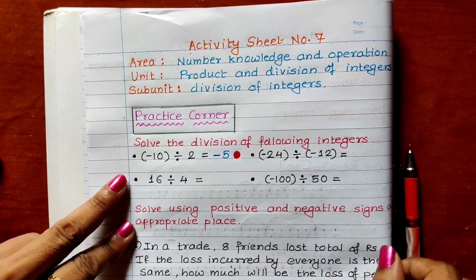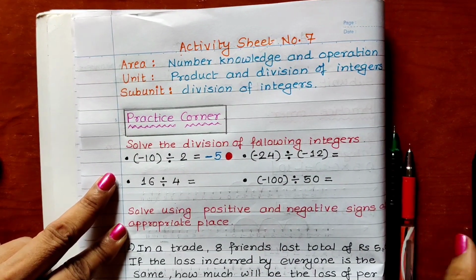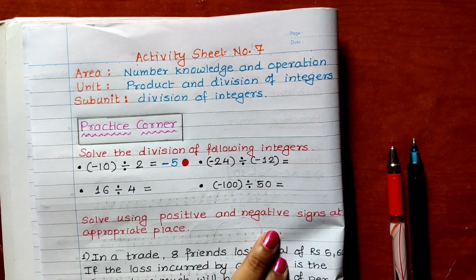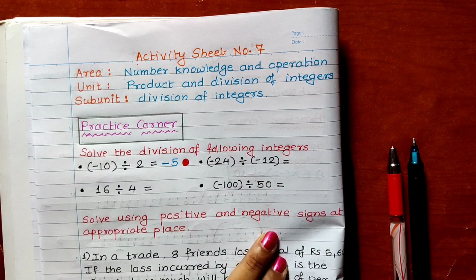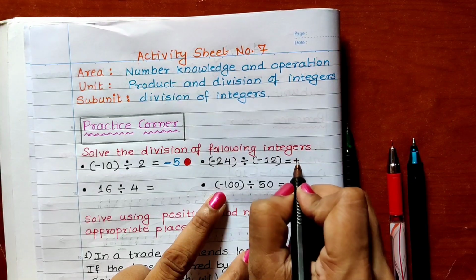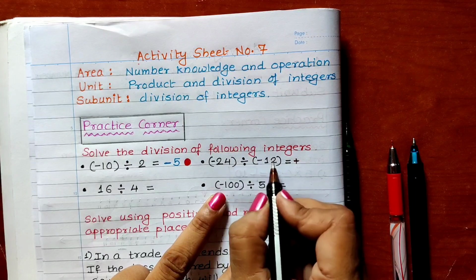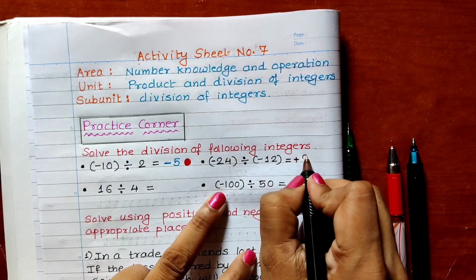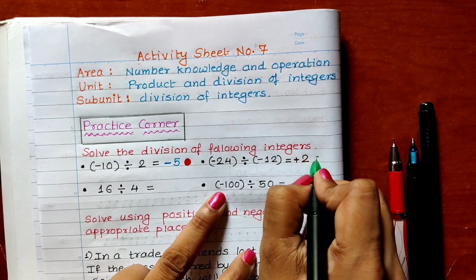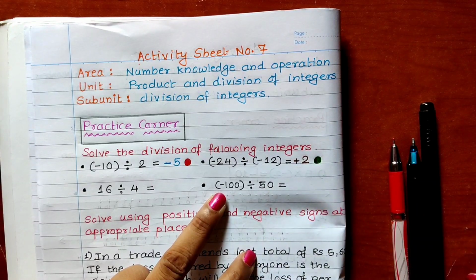Now minus 24 divided by minus 12. Minus minus, sign will be plus. We get plus sign here, and if you don't write the plus sign it is okay, because most of the time we don't write the plus sign. 24 divided by 12. 12 2s are 24, we all know, 2. And this positive integer we will show by green color, green circle. So in this way you can show by different color circles.